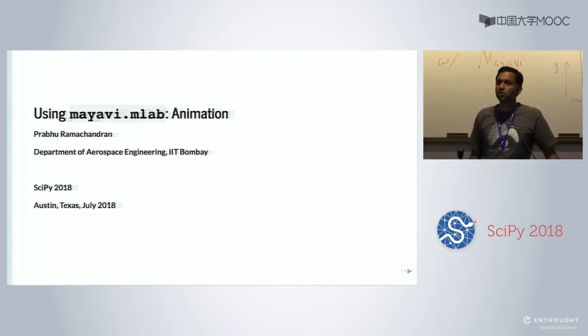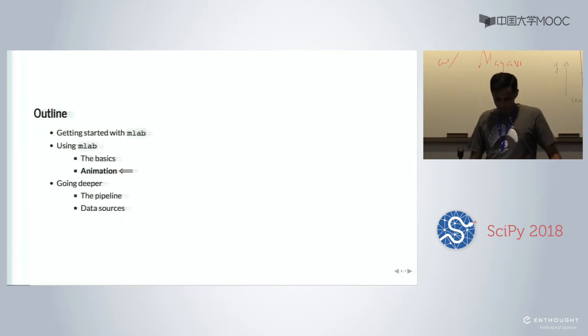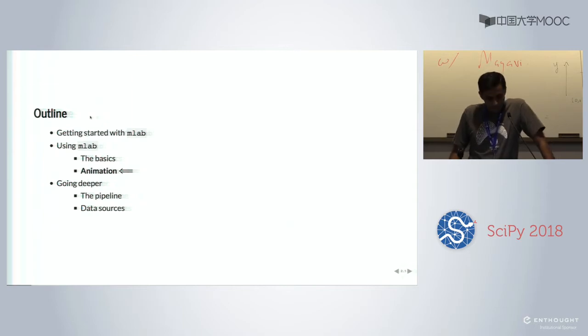So I'm now on the third slide set. I have all the way up to 7, but this should go quickly. So what we've done so far is we've gotten started with MLab. You have some exposure to typing these things out and getting something shown on screen. And we've looked at the basic functions that we had. What we look at now is how to do animation.